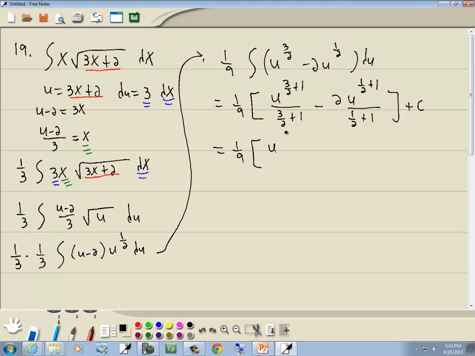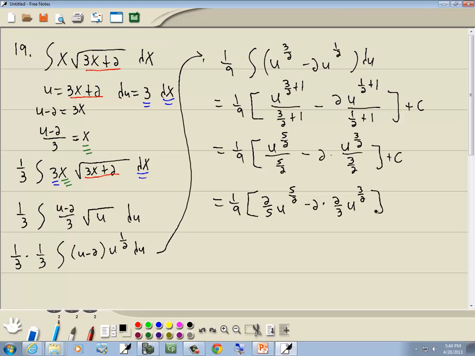So that's u to the 5/2 over 5/2, minus 2, and 1/2 plus 1 is 3/2. So we've got u to the 3/2 over 3/2, plus c. Now if you have a single fraction downstairs, you can flip it and multiply it times your top. So that becomes 2/5 u to the 5/2 minus 2 times 2/3 u to the 3/2 plus c,